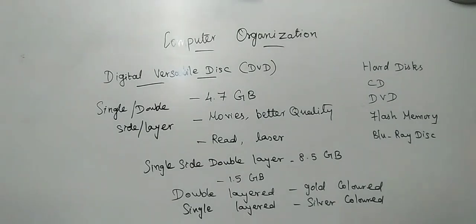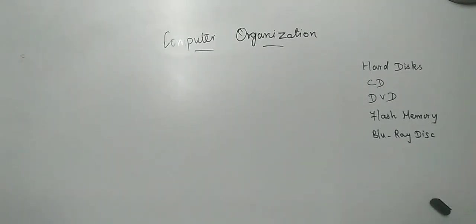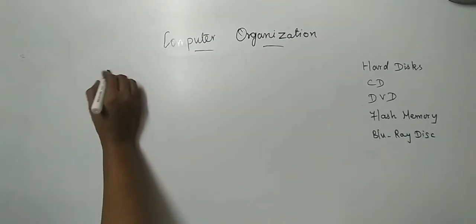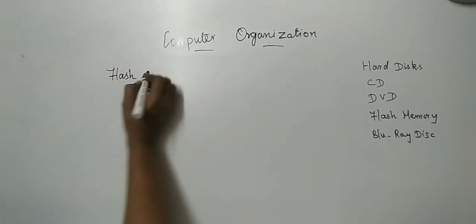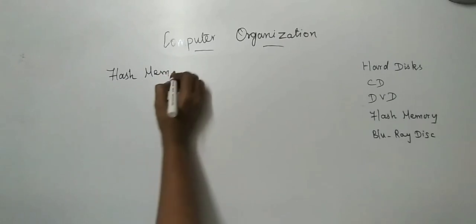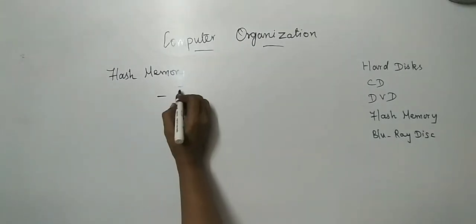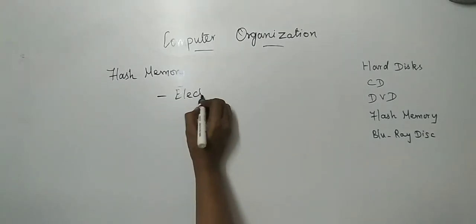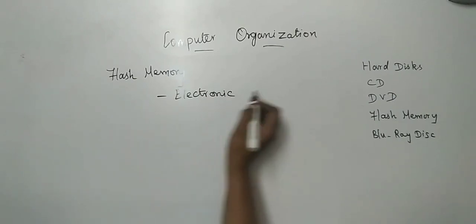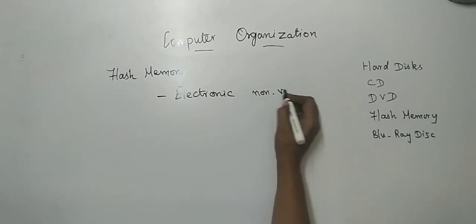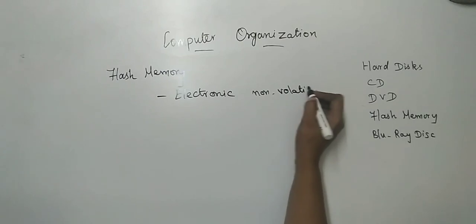Yes, next we can see the next one. Next one, it is your flash memory. Next we are going to have the flash memory. So yes, this flash memory is an electronic non-volatile computer storage medium. What do you mean by non-volatile? Yes, whatever information you people are storing,